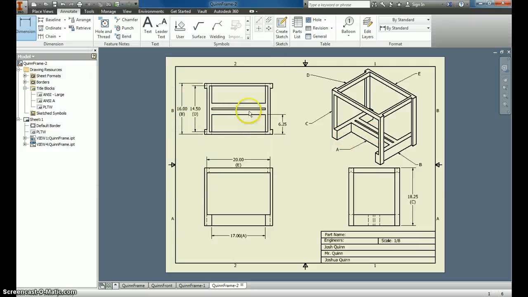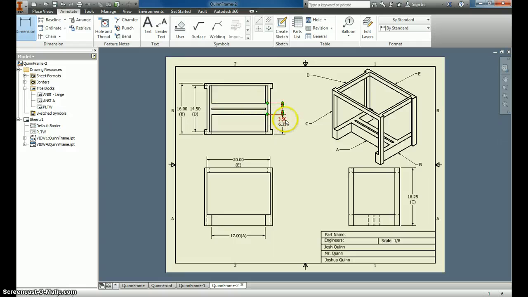Now this obviously isn't a part, but this is telling the people who are assembling it, where is this going to go? It's going to go 6.25 inches in. And then what's really important is we want to make sure that from here to here is 3.5, because that's where the 4x4 post is going to hit. We don't want a dimension from this side to here, because if they get off, you could end up with accumulated missing measurements. So what we want to do is we want to say from here to here is 3.5,